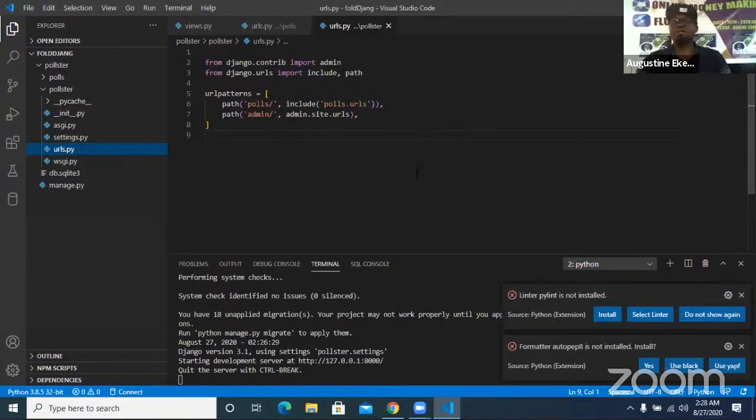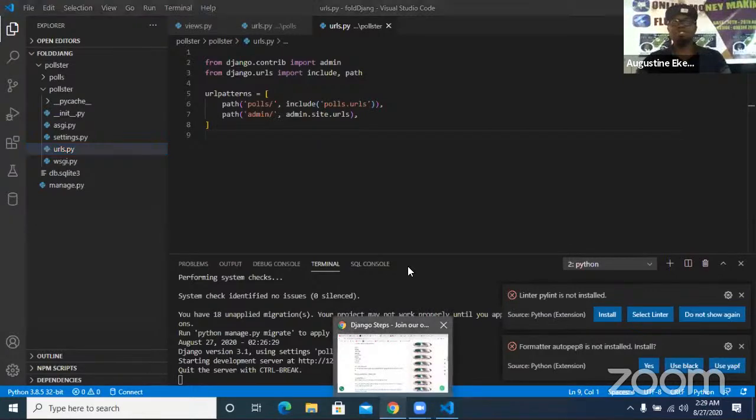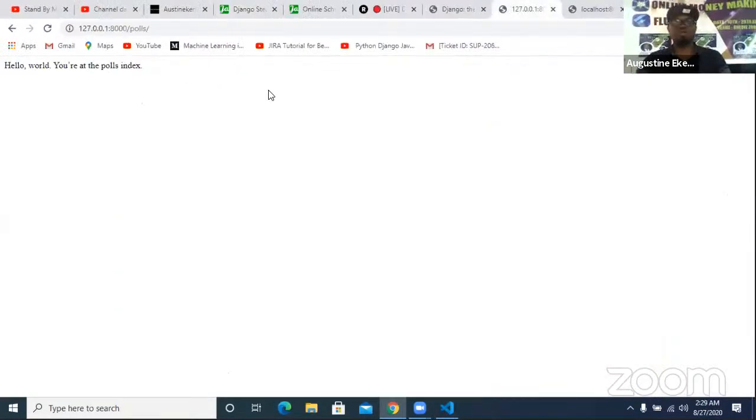So once you do this and rerun your server by doing python manage.py runserver, it will run. Once it's running, for you to be able to access that very view that you created, you need to go on top of your address that you already have and simply say /post/ so that you can see this view. So I'm going to allow us time to